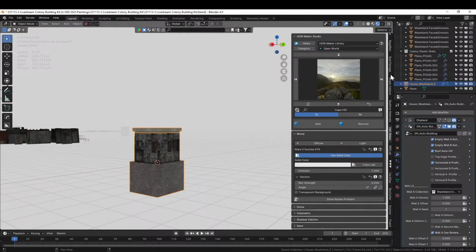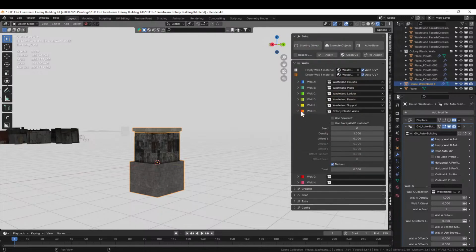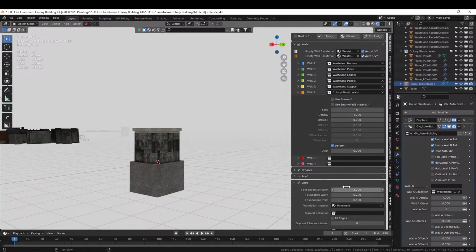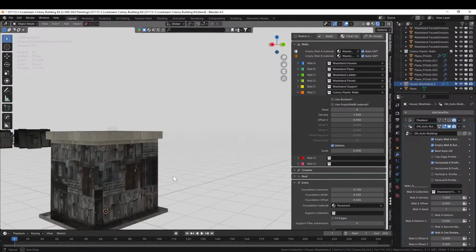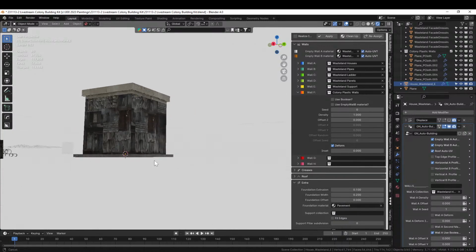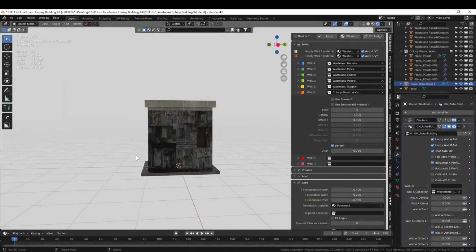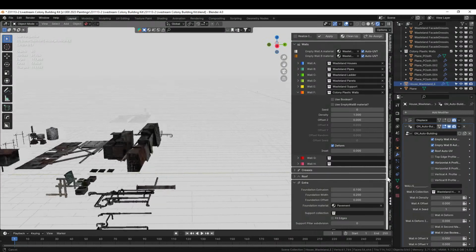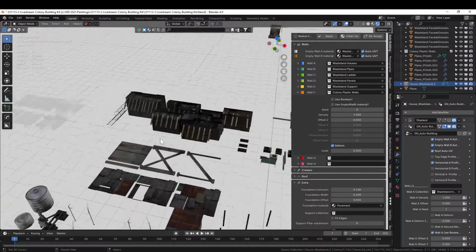Where are we? Auto building. And I'm going to reassign, make sure we use the most recent version. Cool. Extra foundation of, yeah, do I want 0? Let's go with 0.1 with a 0 offset. So we have a base in case we care, but I don't know that we care. And we could see right off the bat that